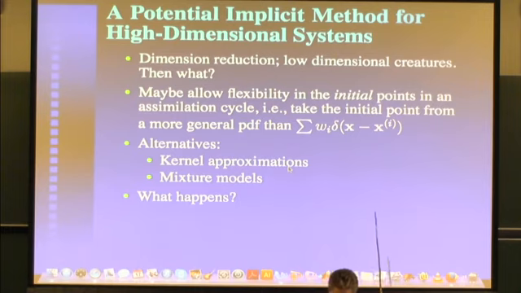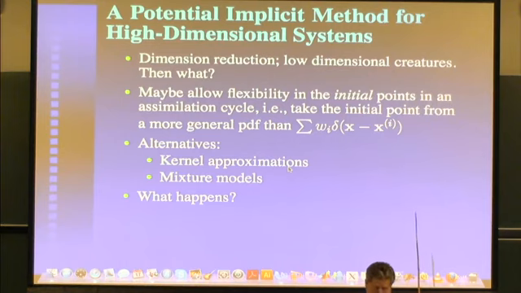And I guess I'll go through quickly one thing that we might think to do. If we could somehow achieve some dimension reduction, this might be a really good thing to think about. Remember I said that according to a lot of people, Peter Jan most especially, the problem with the optimal importance filter is that you can get this particle collapse because even though different samples from the same distribution will all have the same weight, there will be a wide variation among particles.